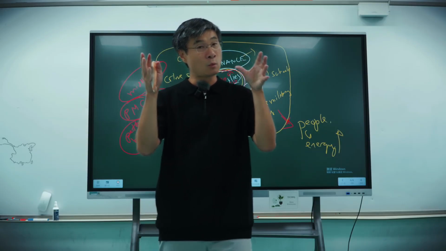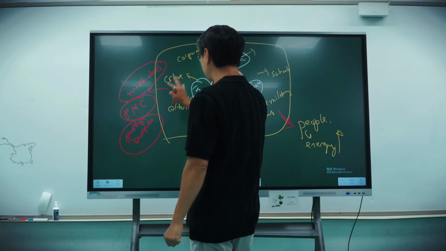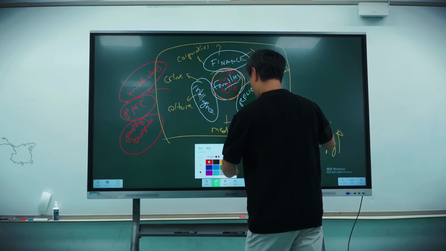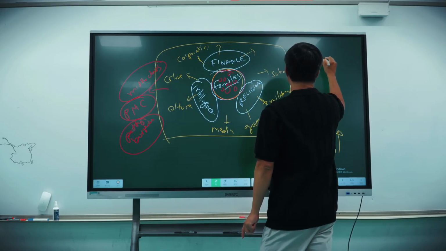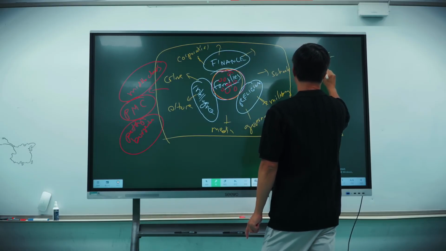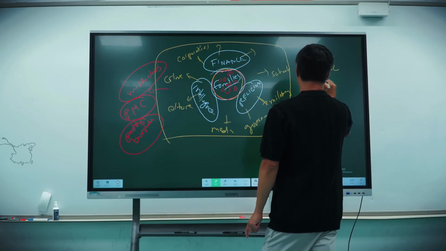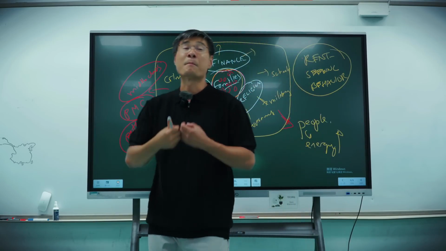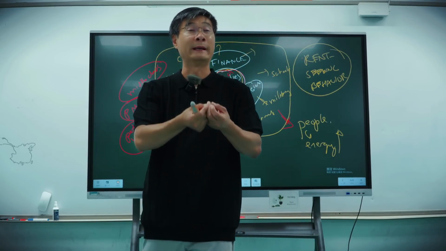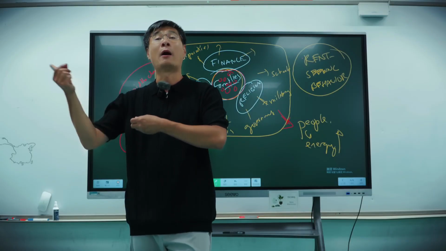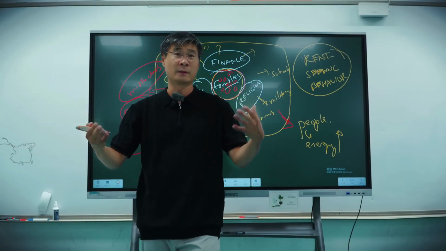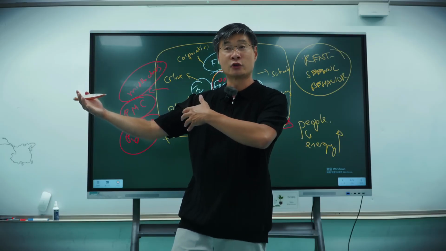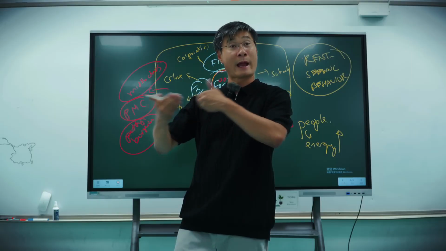Why? The reason why is this. What the managers really do is something called rent-seeking behavior. Okay? Rent-seeking behavior just means they have a certain power that they want to exploit in order to extract wealth from other people. So for example, the most classic example is you own an apartment in Beijing, right? So you rent it out to someone who needs to live in Beijing and you collect rent.